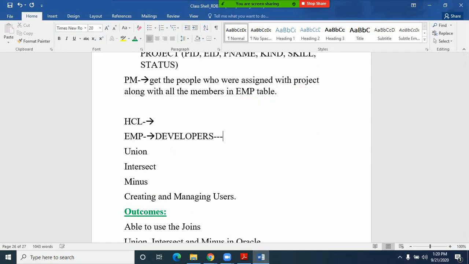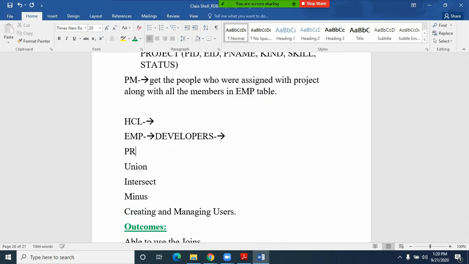They have developers, and for the sake of a project, assume it is a telecom project, and they recruited some people. Currently they are on the bench, for example.